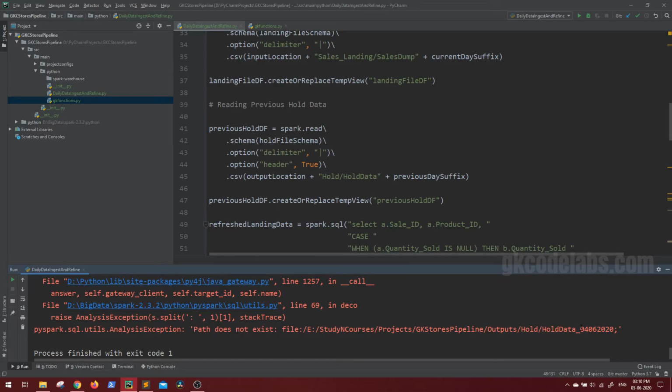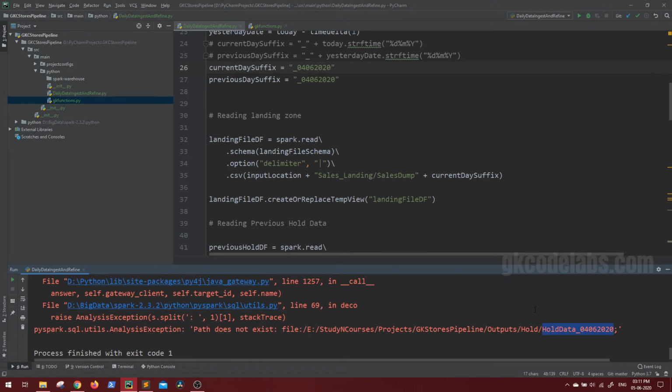So this is the first day. You can understand that today is the first sale for GK stores, so obviously on the previous day there will be no sales. For that reason it is giving us the error. Anyway, that will be taken care of as part of project deployment. All this environment setup we have to take care of. So for now we can create a previous day directory manually.